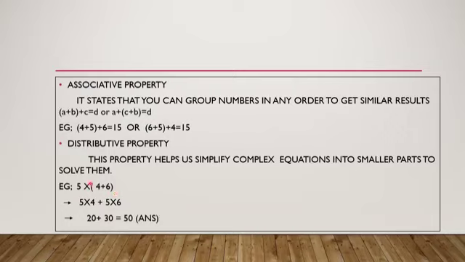Now what happens is, I have actually broken the number. That means when we have a multiplication sign outside the brackets, first you multiply 5 by the first number, that is 4. Since there is a positive sign between 4 and 6, we bring this positive sign outside and then multiply 5 into 6. We know 5 into 4 is 20, 5 into 6 is 30. So the answer that we get is 50. So this is how we solve sums with the distributive property.